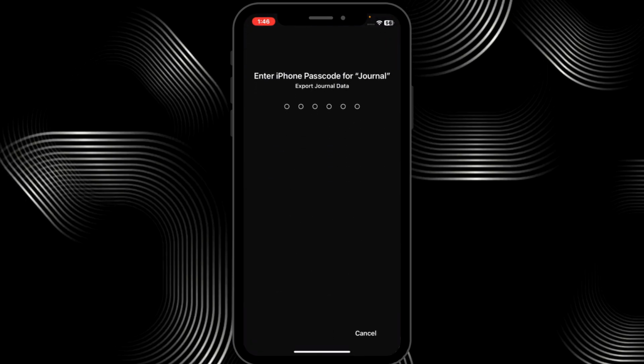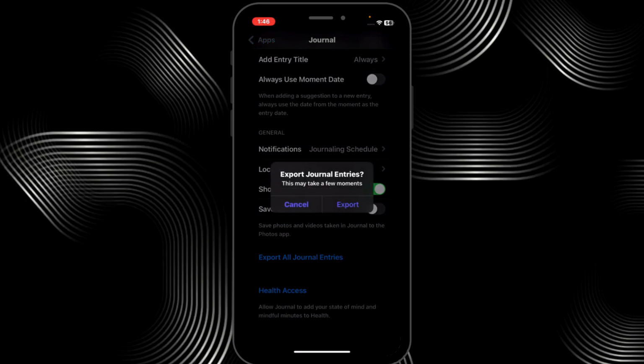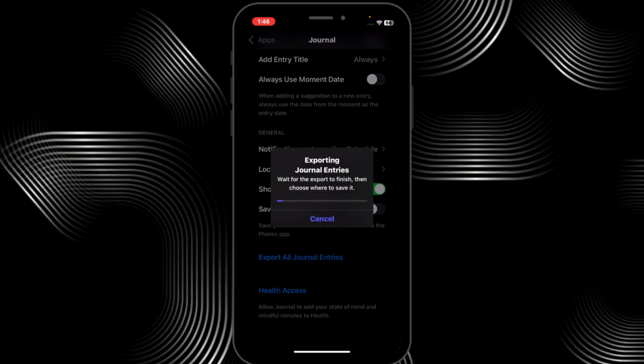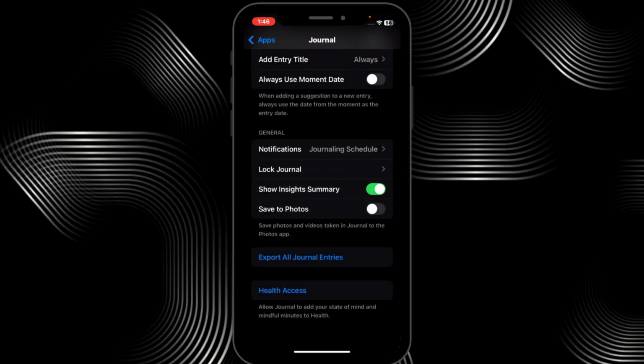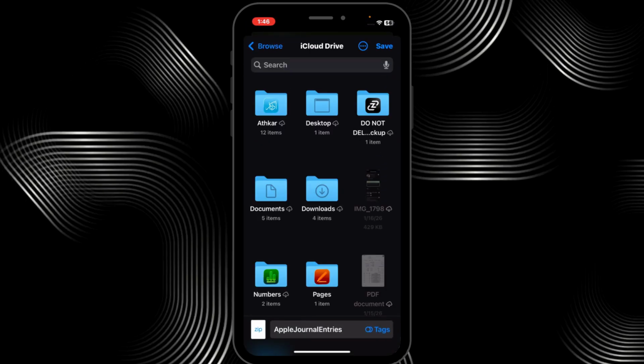So I'm gonna press it. Confirm that this is you, and double click to confirm that you want to export your journal entries. So I'm going to hit export, wait for a few moments, and now you can choose where you want to save it, like the location, and then hit save at the